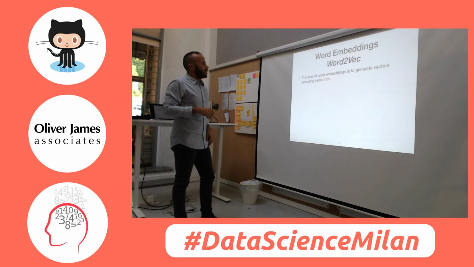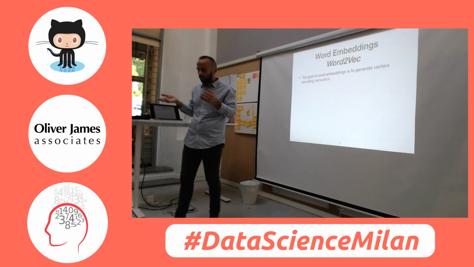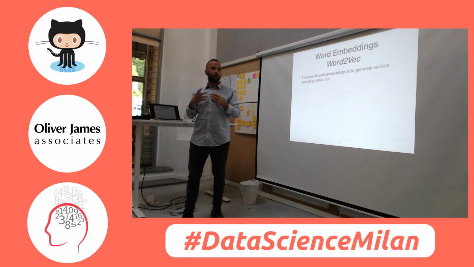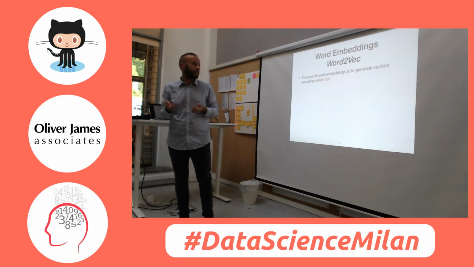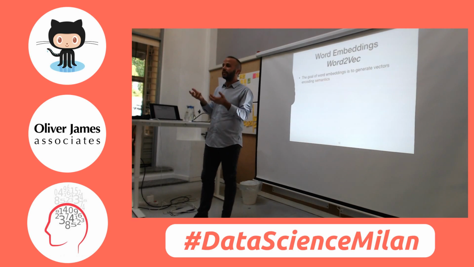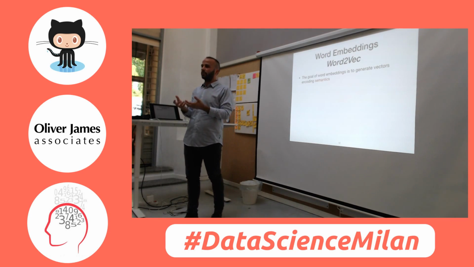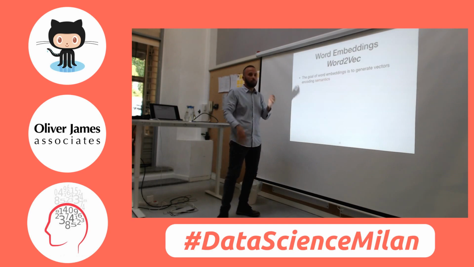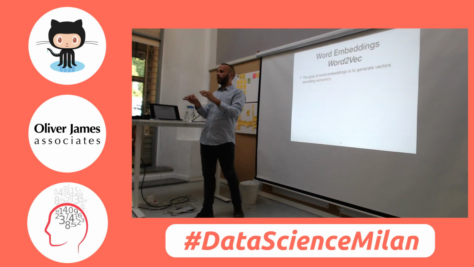But so far, we've been talking about vectorization techniques. And vectorization techniques are just trying to put words into vectors. We're doing some counts, we're doing some stuff, but the goal of it is just to transform into vectors. Bag of words is a simple example. Now, word embeddings came with the idea of putting semantics into our vectors. So we want the words to be vectors, and we want them to have a semantic. We want them to have a meaning. And in 2013, if I'm not wrong, Mikolov published a paper called Word2Vec, which suddenly became a standard for NLP.